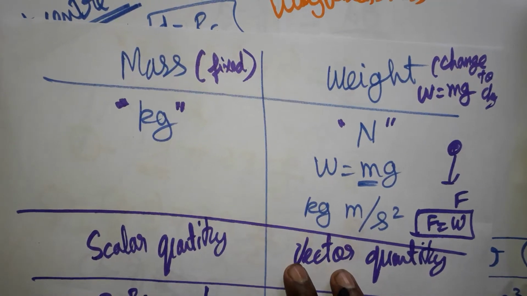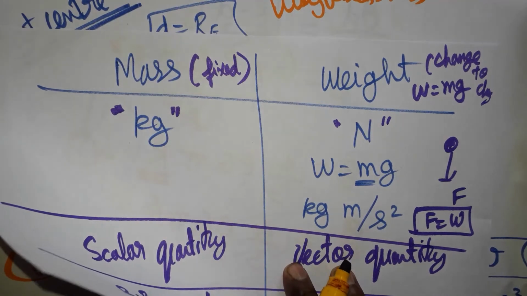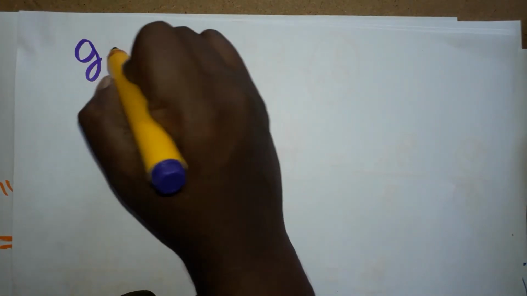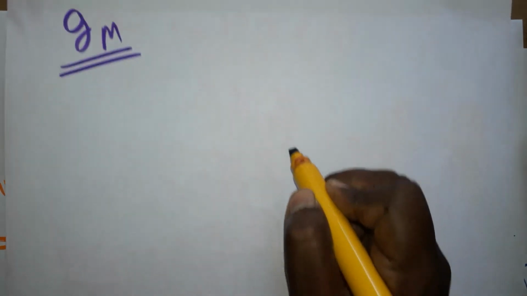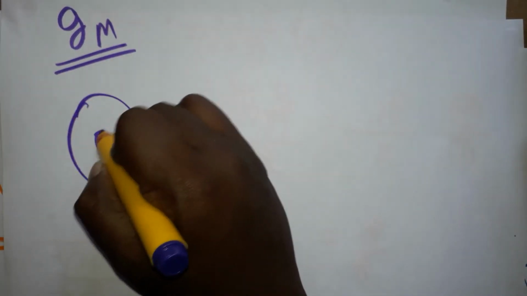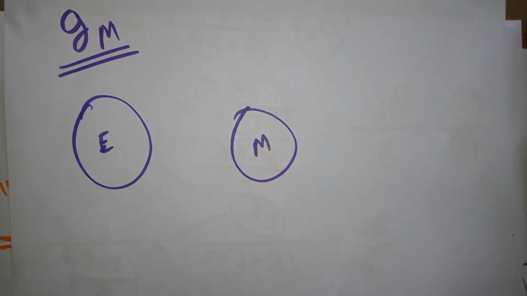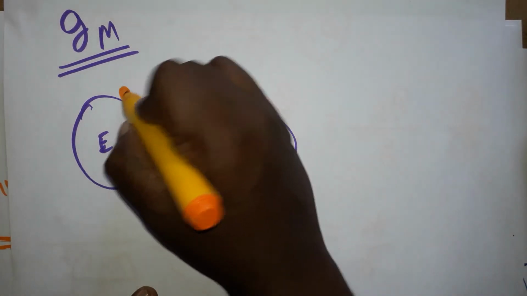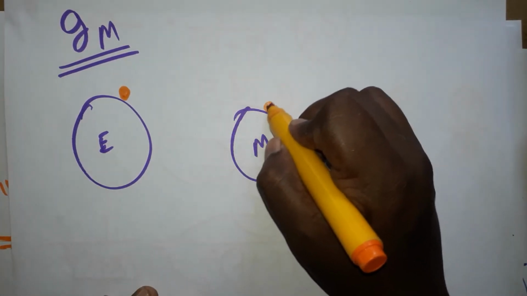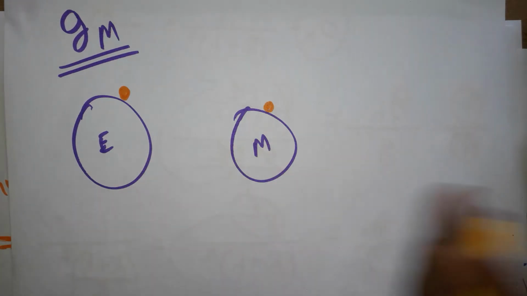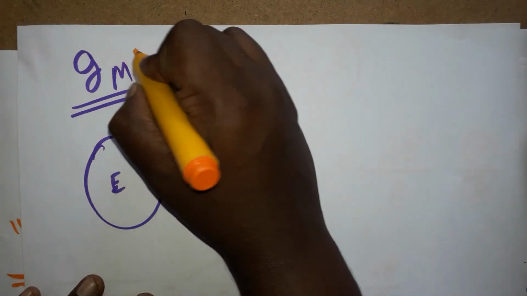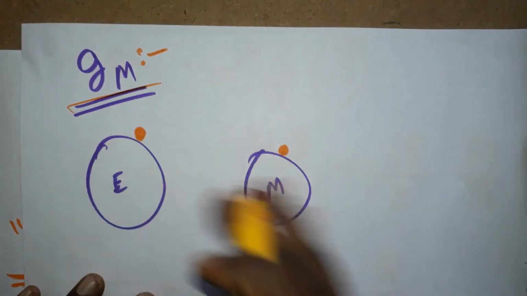Okay. Next, we are going to see gravity on the earth surface and gravity on the moon surface. Imagine this is the earth and this is the moon. I consider a small object on the earth surface, and the same object on the moon surface also. I consider one apple on the earth surface, and the same apple on the moon surface. Now what is the difference we are going to observe? The concept we are going to learn is the gravitation on the moon surface.